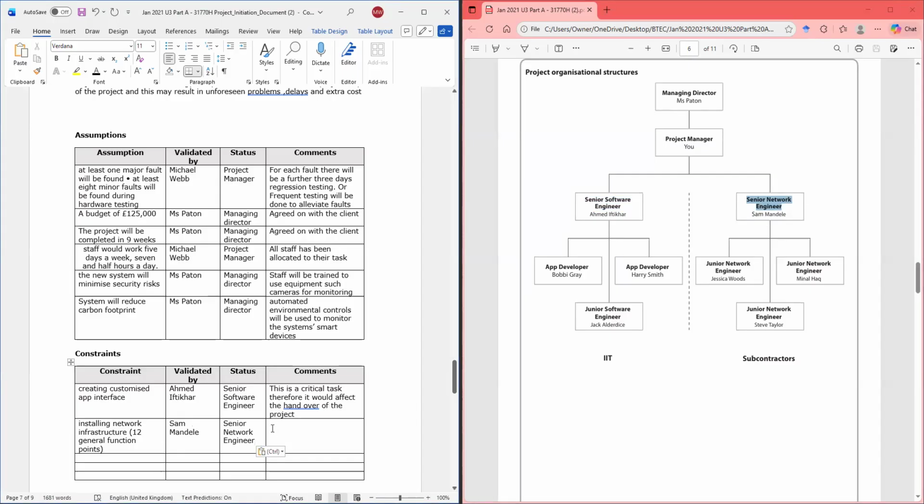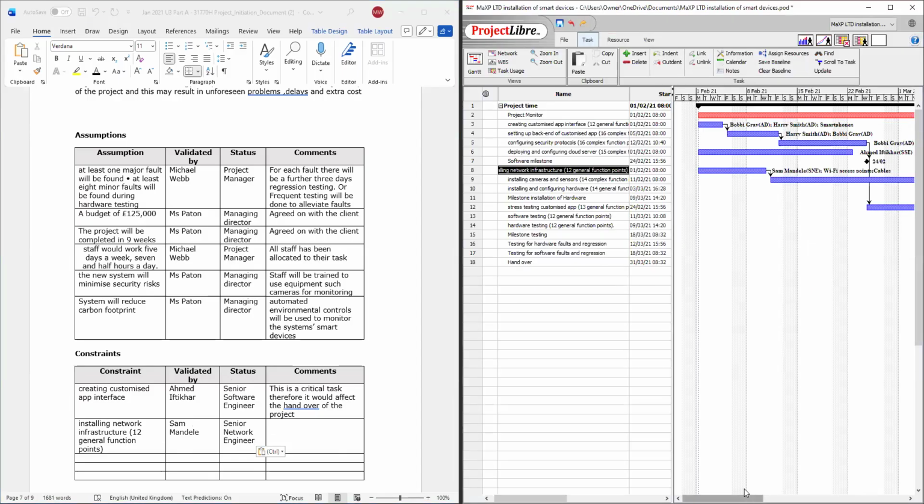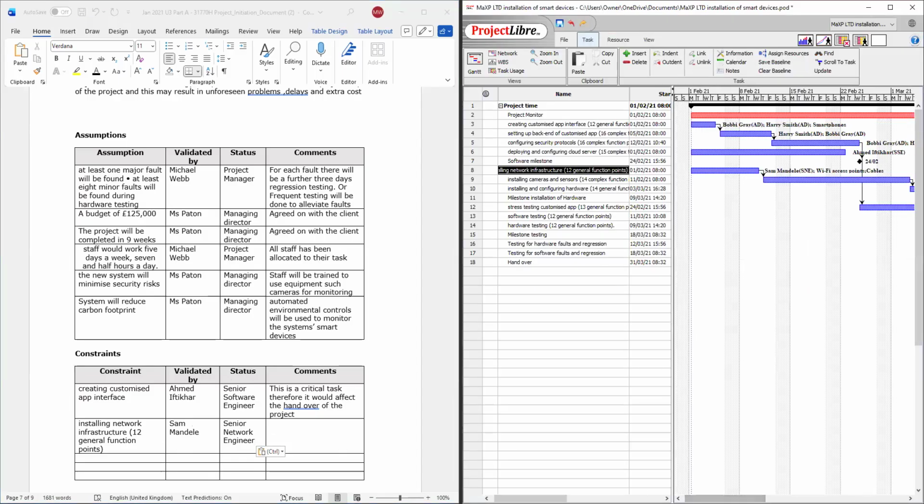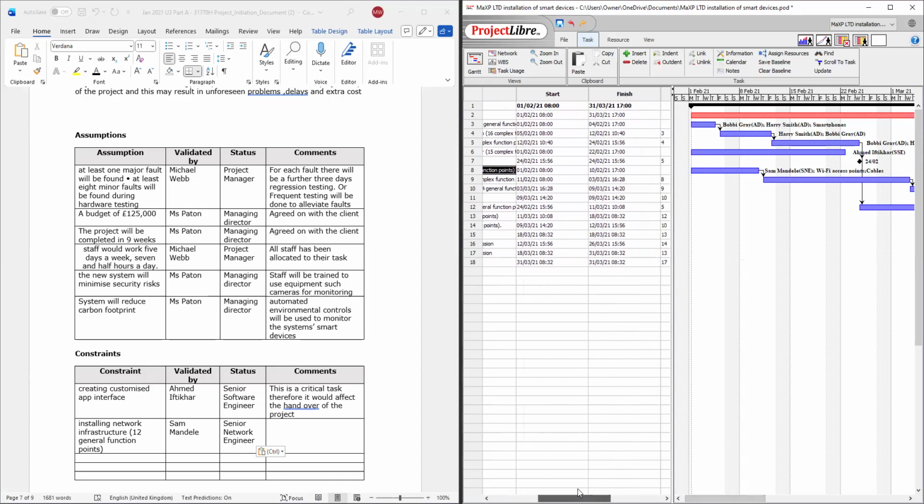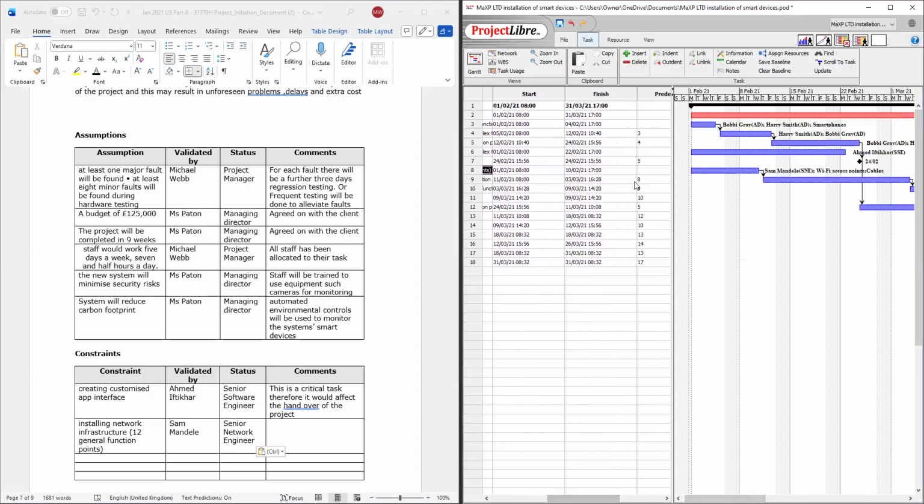All right, and if we look back at the Gantt chart, it's best to use the predecessors. So this is at 8, it's connected to 9, it's connected to 10, 10 is also connected to 14, 14 is connected to 16, all right?